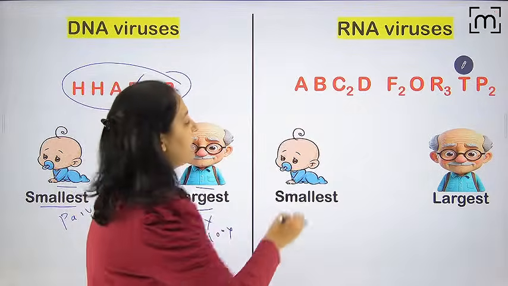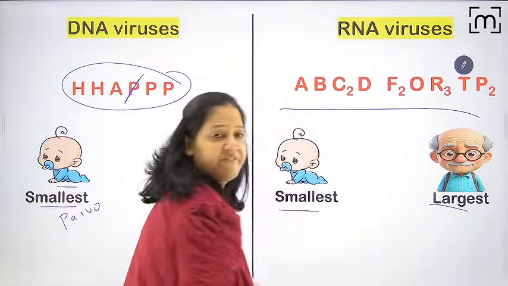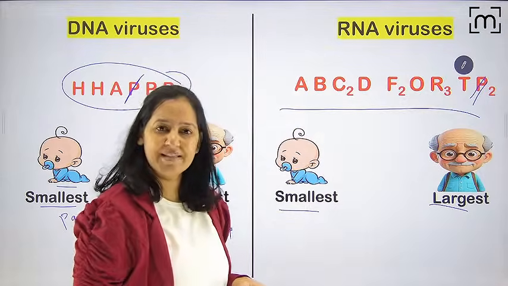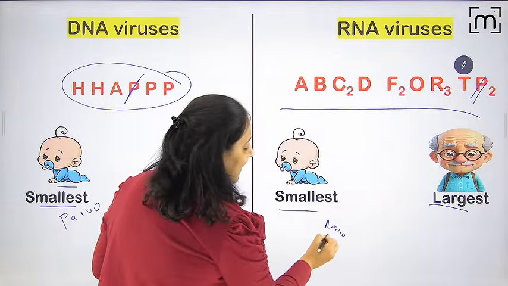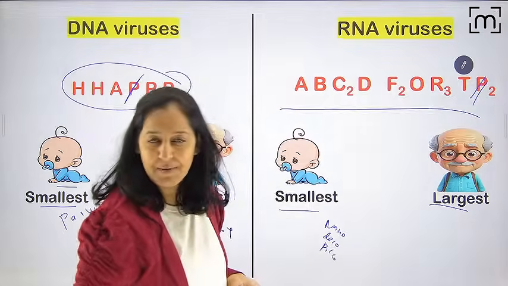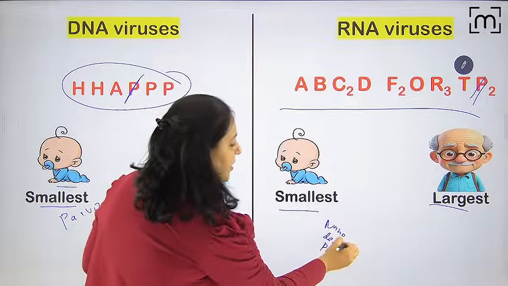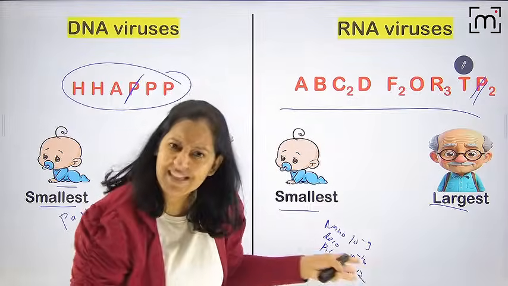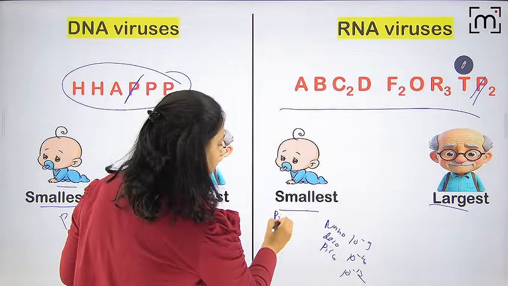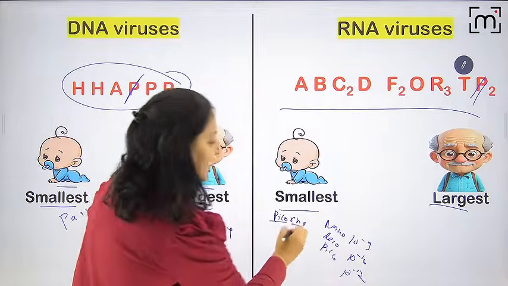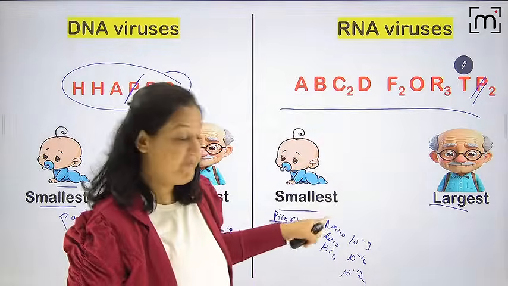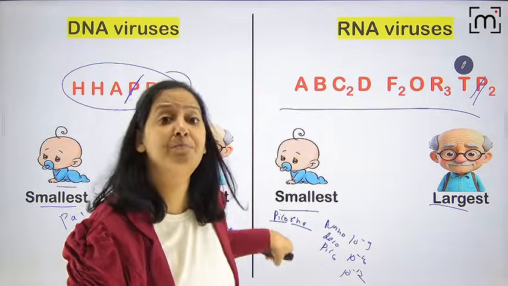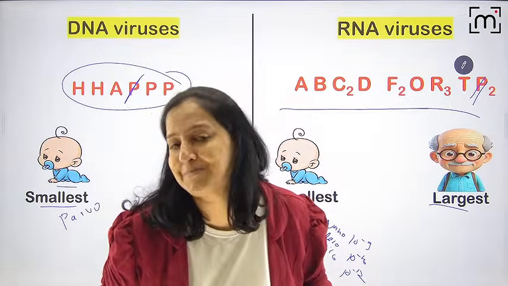Now the RNA viruses. Among the RNA, who is the newborn and who is the grandfather? The newborn and grandfather both start with P. In mathematics, you have read what nano is, what deca is, what pico is, in 9th and 10th standard. Nano stands for 10 power -9, deca for -10, and pico is 10 power -12. Very small. So here the smallest is picorna. It is picoRNA, an RNA virus which is pico, very small. You will not forget now. So the newborn here is picoRNA, or picorna.